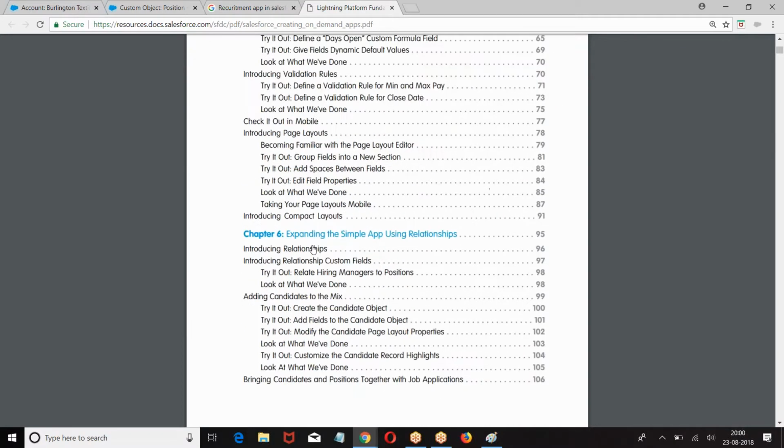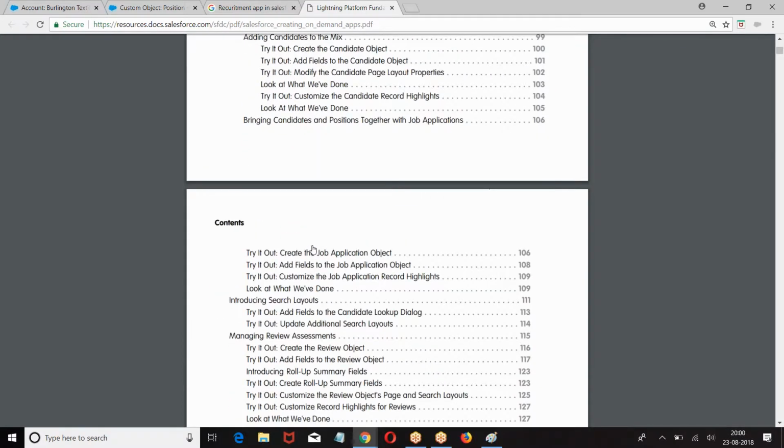Just follow this documentation. Now see, I can simplify this and give it to you. But the problem is, if I give a simplified Excel sheet, you don't learn how to understand the requirement. If I give it in an Excel sheet, you simply do data entry, and then you'll become a typist, not a developer. When you go through the documentation and read it, you understand how to gather the requirement. Most of you are going to put experience on your resume, so it's not only knowing the navigation, it's also knowing how to understand the documentation and implement the requirement. This is what is important for us. So I don't want to simplify this.